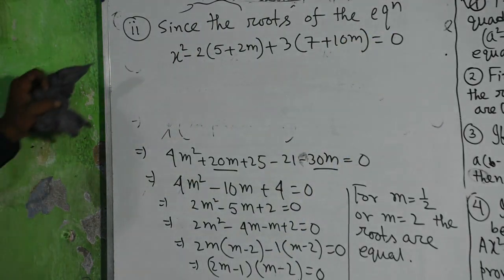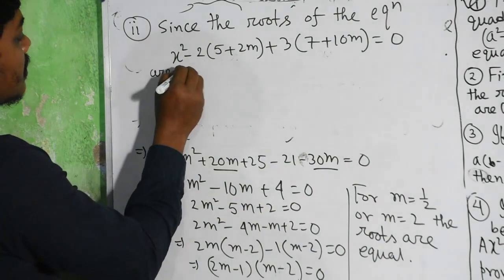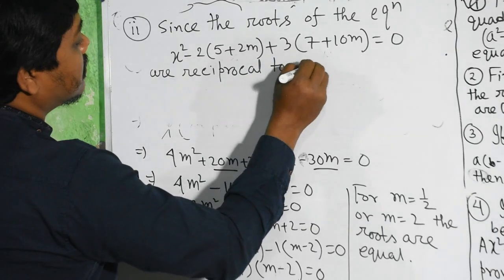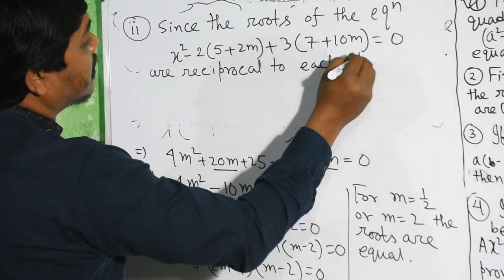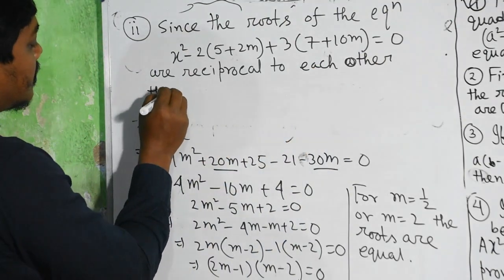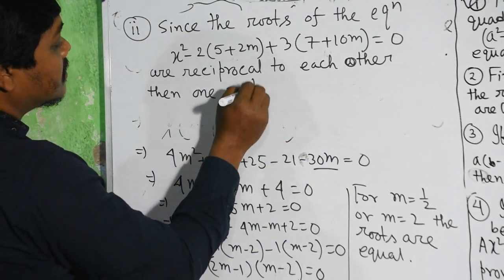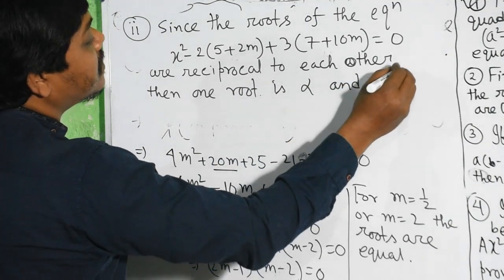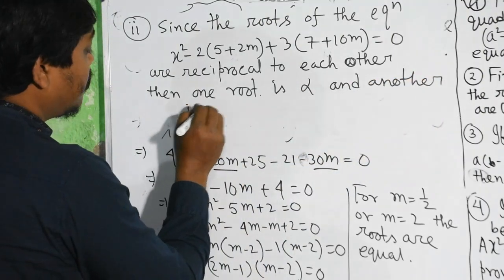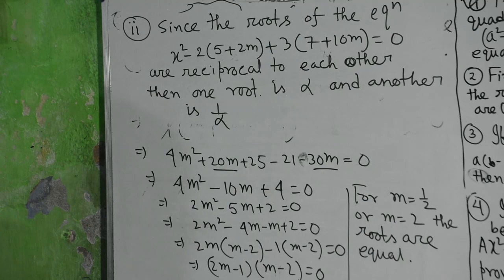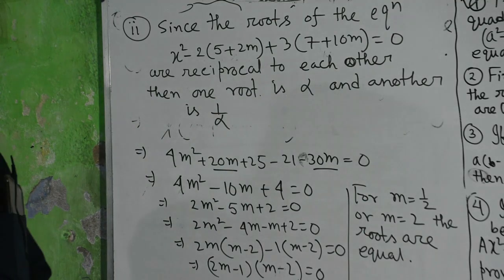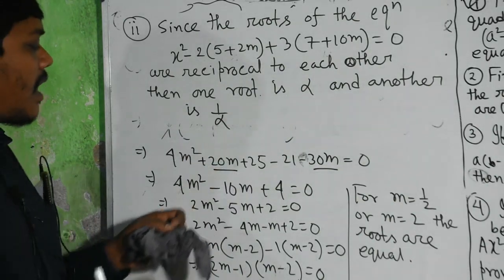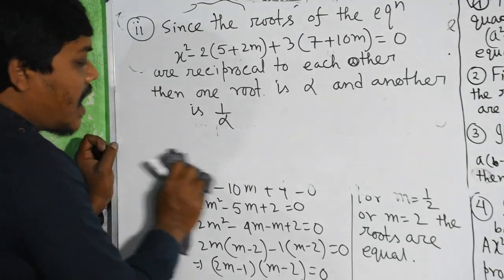Since the roots of the equation are reciprocal to each other, then one root is alpha and another is of course 1 by alpha. Reciprocal means, by definition, two quantities are reciprocal to each other if their product is 1. So alpha and 1 by alpha, their product is also 1,